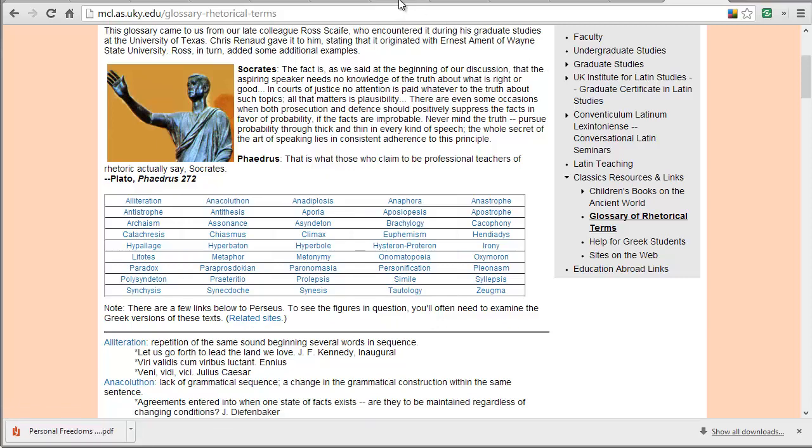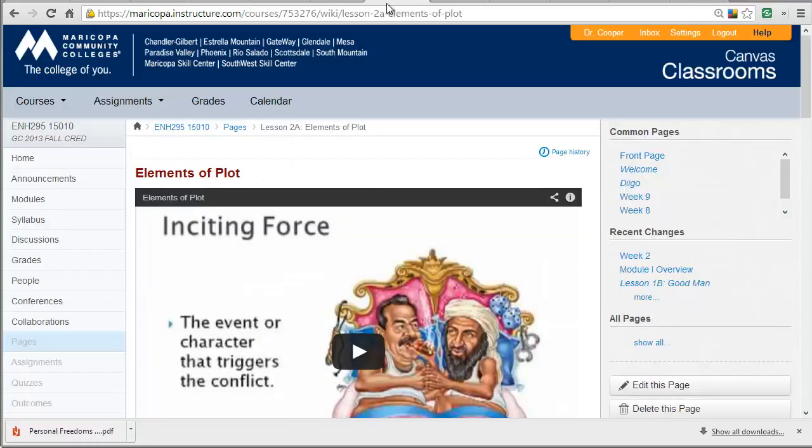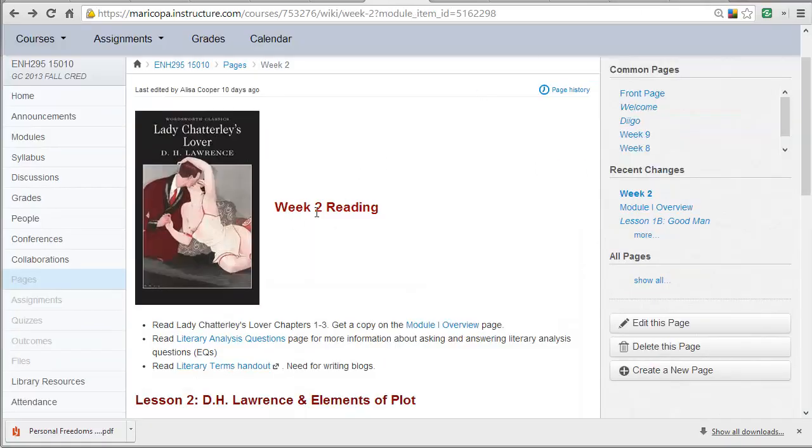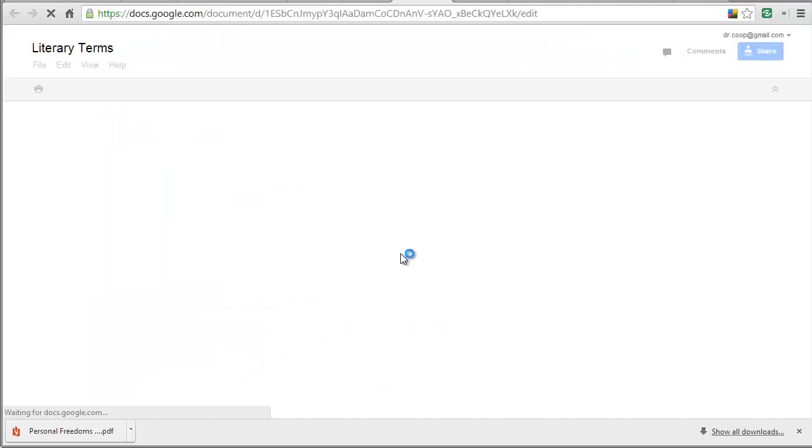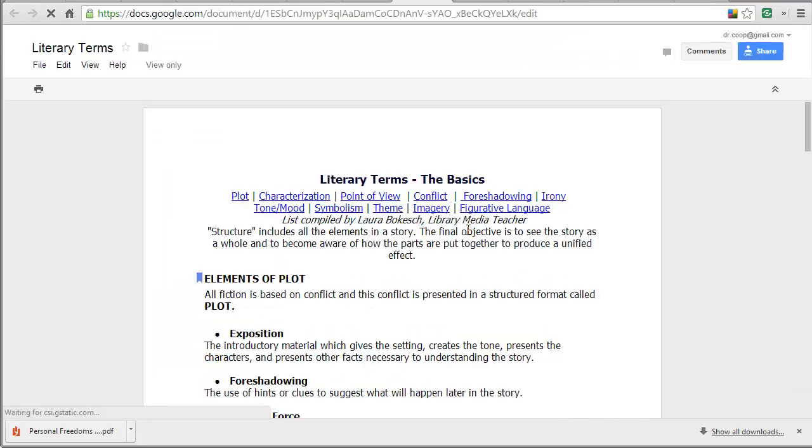But if you just go back to Canvas and go into the week folder, so I'm in week 2, and I tell you right at the very beginning to read the first 3 chapters of Lady Chatterley's Lover, but also to read the analysis questions and to read the literary terms handout. So when you click on this, it opens in a new window, and it gives you a very limited number of literary terms that you could use in your analysis.